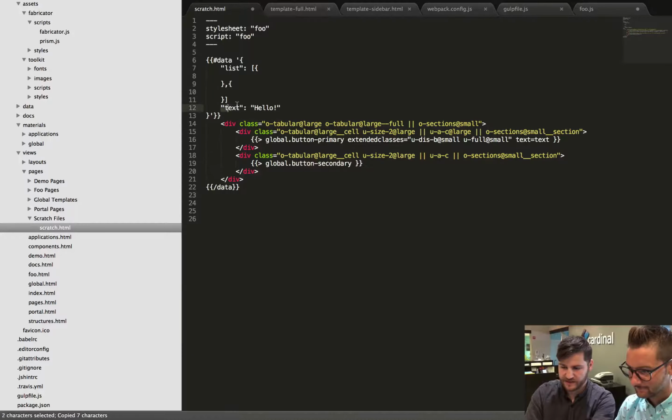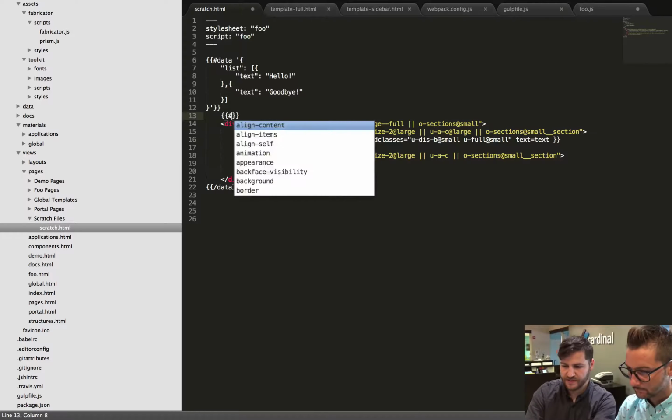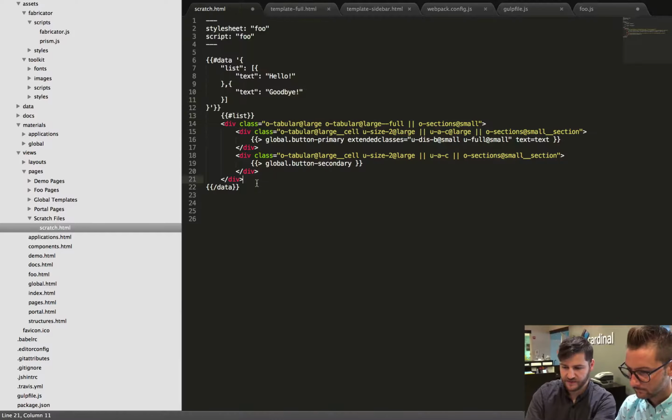And take our text hello section, now pass it to each one of these lists, and make this one say goodbye. And what we'll do is wrap this now within lists, go through here, hit save,